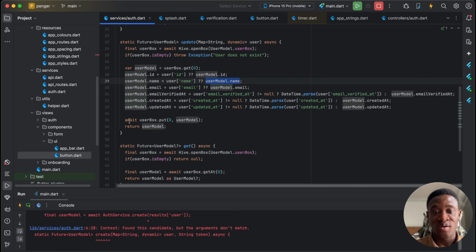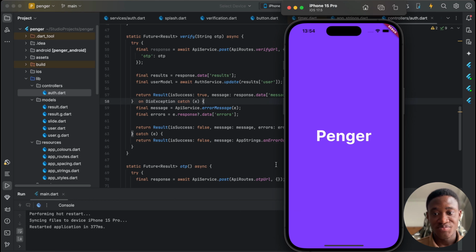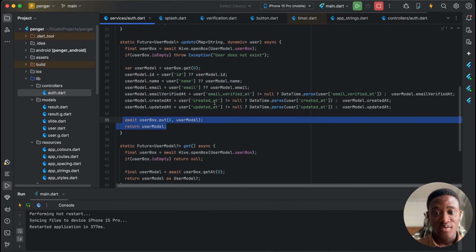Okay, so I'm going to then head to my auth here and change this to update. All right, so now let's go ahead and test this whole thing. So I'm just going to refresh the application. I already have this account logged in, so I'm just going to log out and sign up again, and then my email is, just going to do plus, and then 1 2 3 4 5 6. Okay, now over here